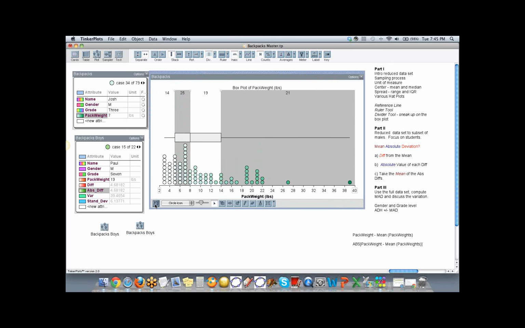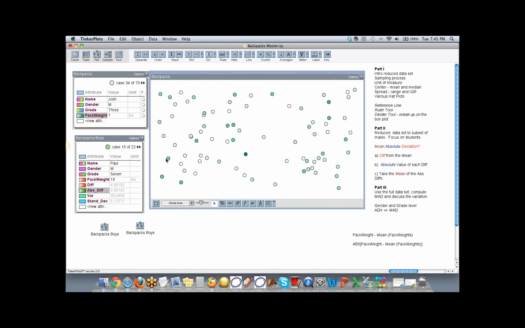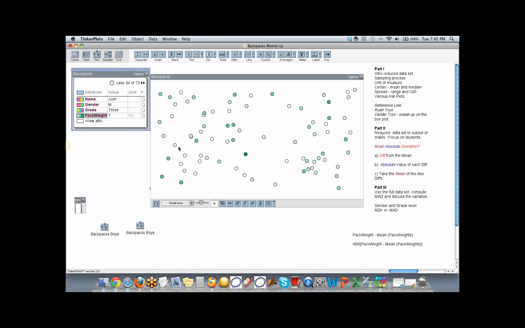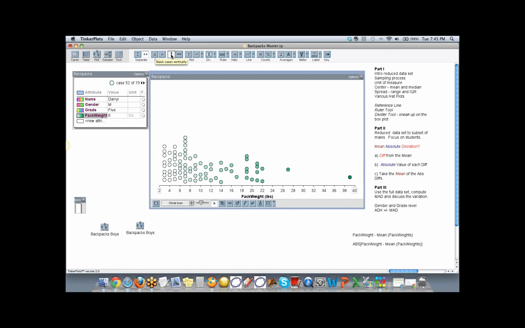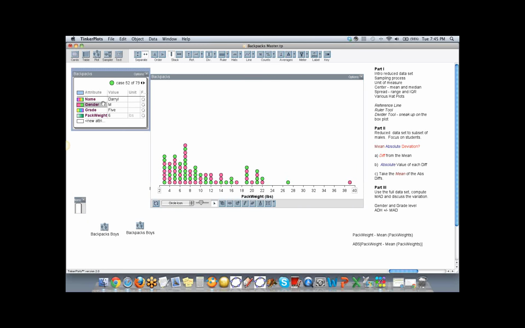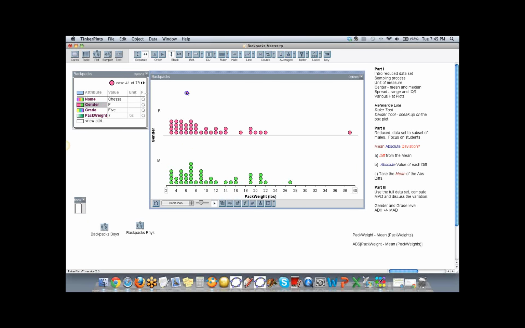So we're back to our full data set. Let's mix this up and start. I'm going to shrink this because I'm going to get confused. Let's look at pack weight, and let's start with a line plot. So I'm going to separate and stack. And let's split this out by gender, because it's probably more interesting to look at. And we said that there's really not a lot of difference in the variation, and we looked at range and interquartile range. Let's go ahead and find the mean absolute deviation for this data set. And what's the first thing I have to put in? I have to put in the mean, because we want to find the deviation from the mean.